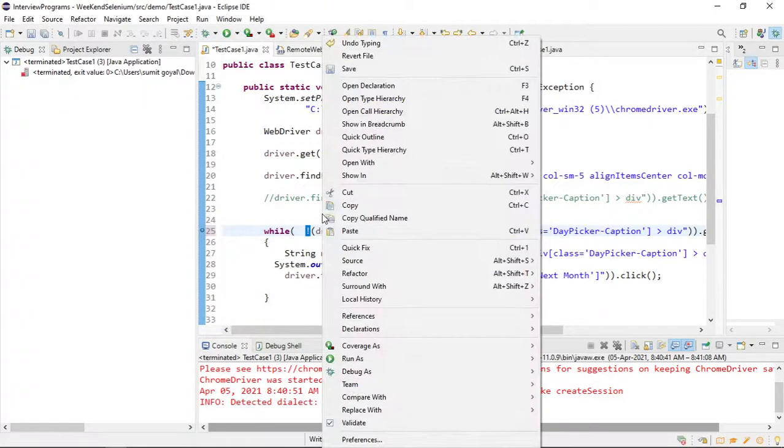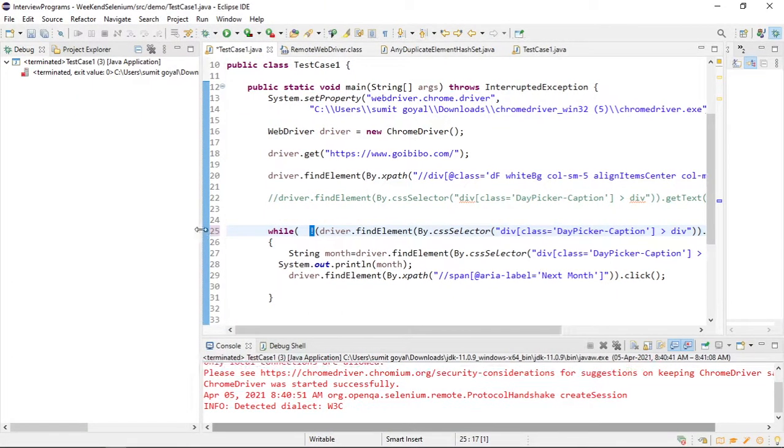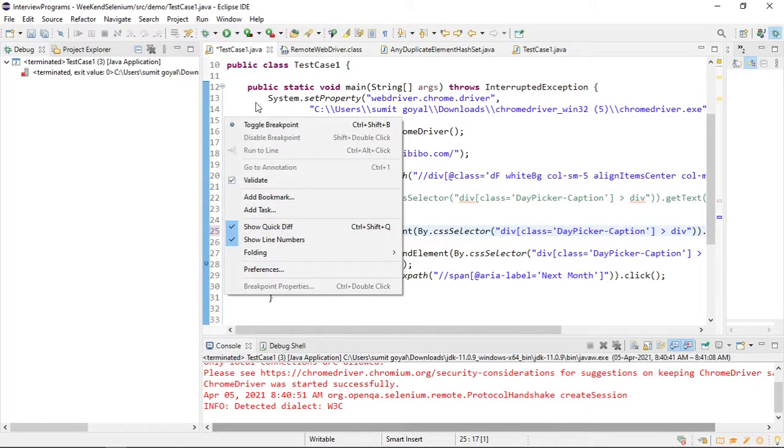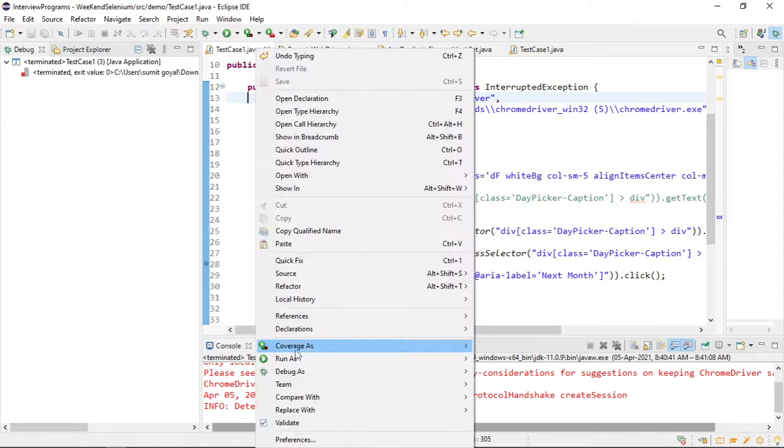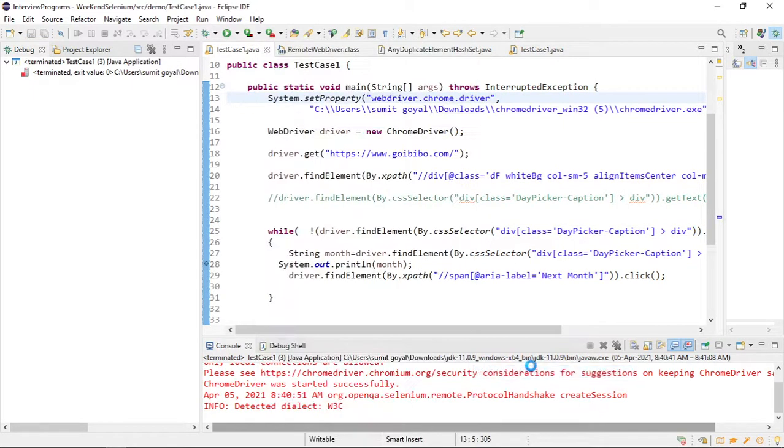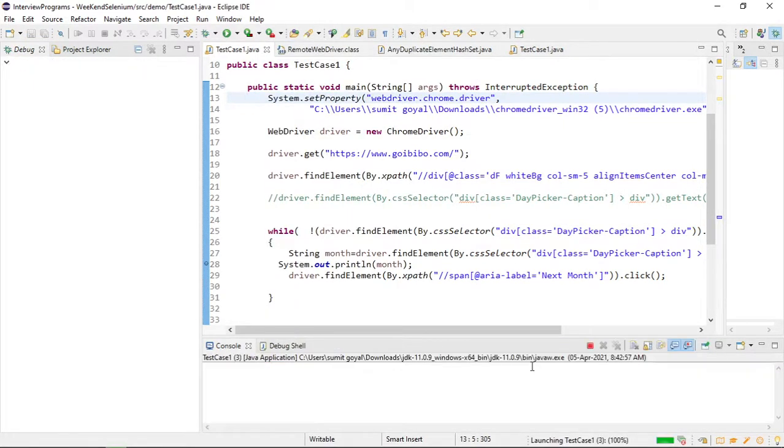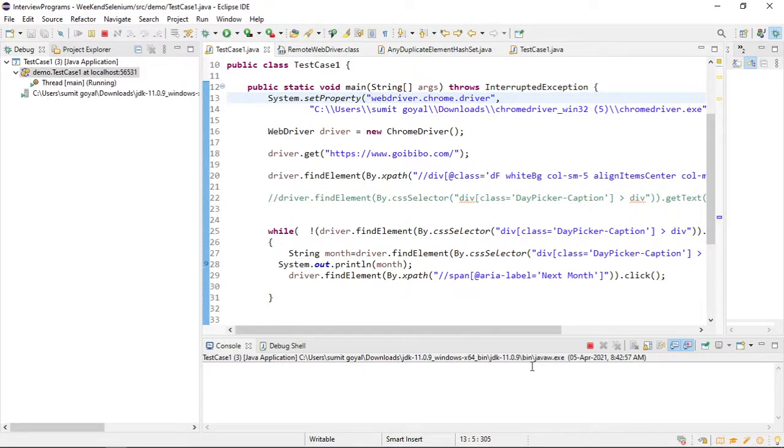So let me try putting a debugger here or here. Let us see whether we are able to debug it. This time I have put one not operator so that we can go inside our while loop.